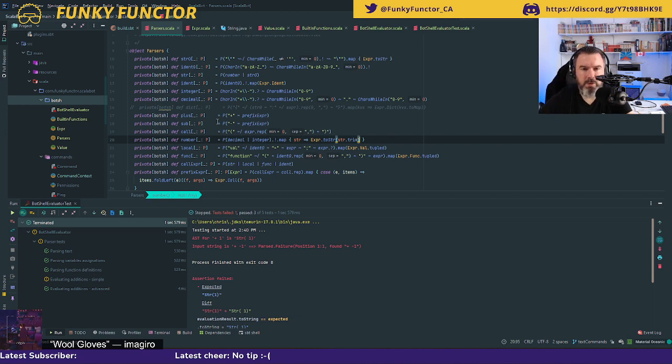What could match this? Hidden zero is here, and here I'm just catching everything that starts with A to Z. So that is an identifier. This one should start with a double quote, so that is not it.